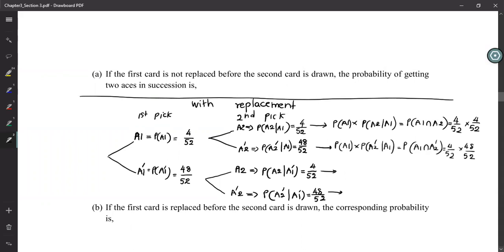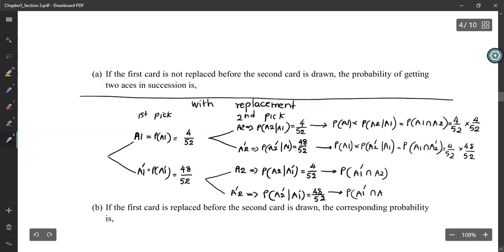Okay, now I'm not going to write everything. What is this line then? You can find it. Not A1 and A2. Last one, not A1 and not A2. What does that mean? The last possibility is you pick 2 cards, both of them are not A's. What is that probability? 48 over 52 times 48 over 52. Right? So this will be 48 over 52 times 4 over 52. Now, if you find the final answers for these 4 and add them together, you will get 1, the total probability, because this is your sample space.